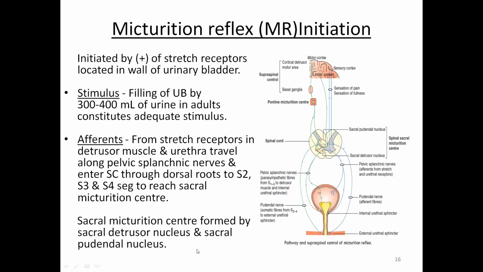So see here, through the pudendal nerve. Once the micturition reflexes become strong enough, it will cause another reflex. This will pass through the pudendal nerve to the external sphincter to cause its inhibition. Now, if this inhibition is more potent than the voluntary constrictor signals from the brain, then urination will not happen, right? But if it's not more potent, then urination will occur, unless the bladder fills still more and the micturition reflex becomes even more powerful. Okay.